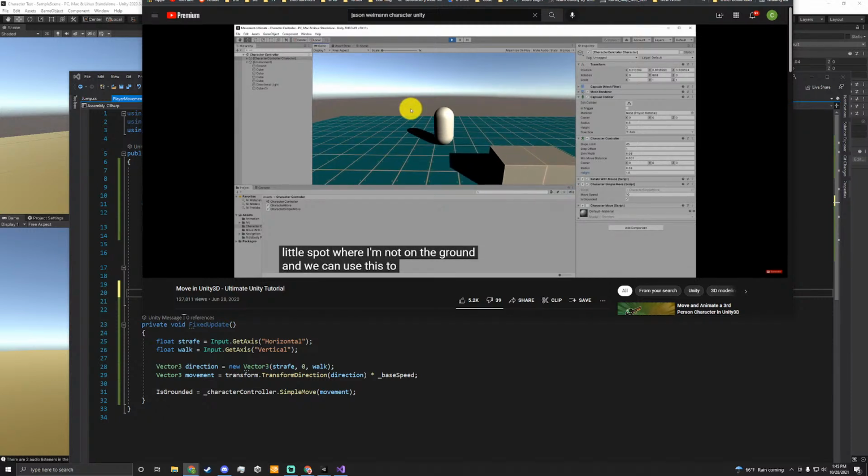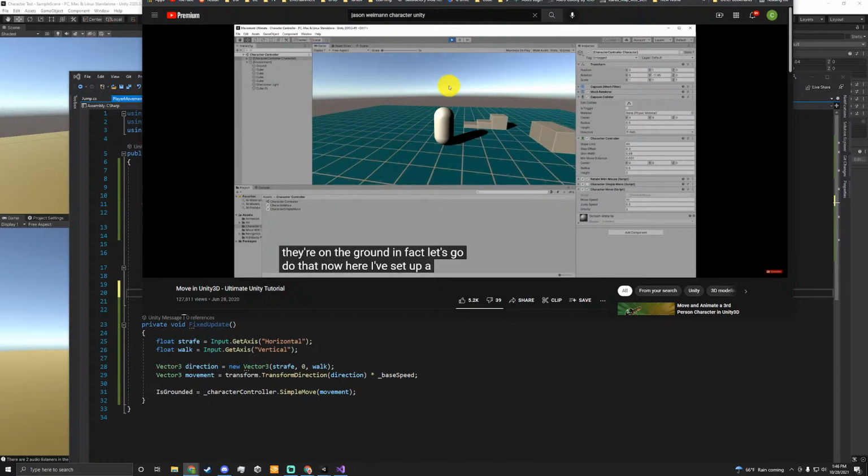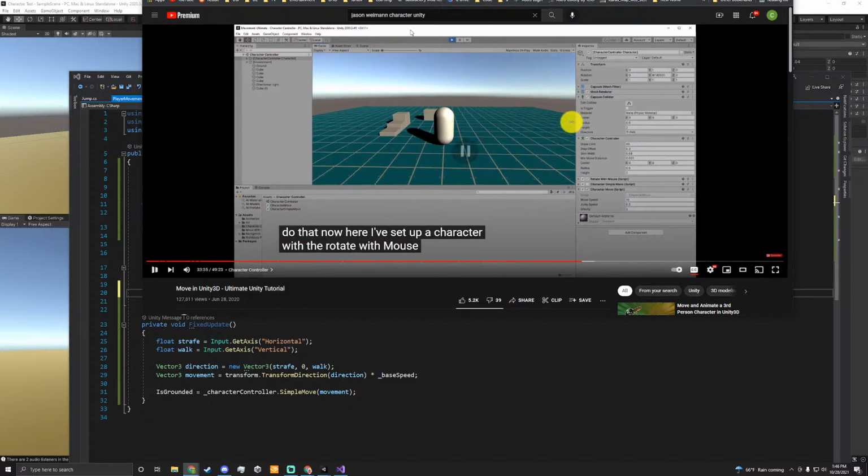And we can use this to control things like jumping on a player. So if we want to have a player that jumps, then we don't want them necessarily jumping when they're not grounded. If we have a character controller set up, we can just read that and tell whether or not they're on the ground. In fact, let's go do that now. Here I've set up a character with the rotate with mouse. I can do it that I just thought about,